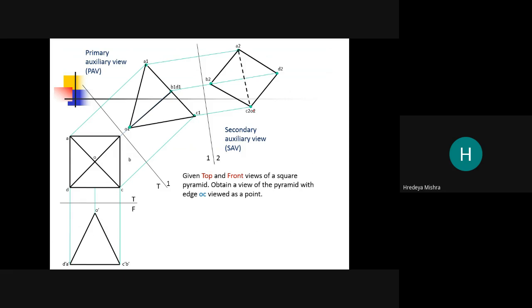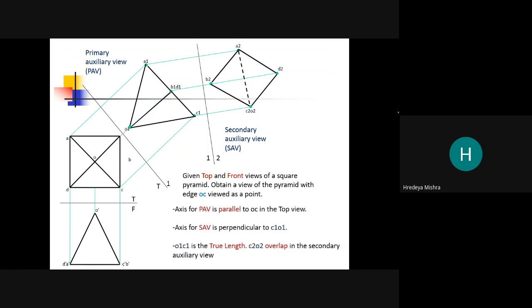Given the top and front view of a square pyramid, obtain a view in which the pyramid edge OC is parallel to this plane. Now the axis of the PAV, the primary auxiliary view, is parallel to OC in the top view.